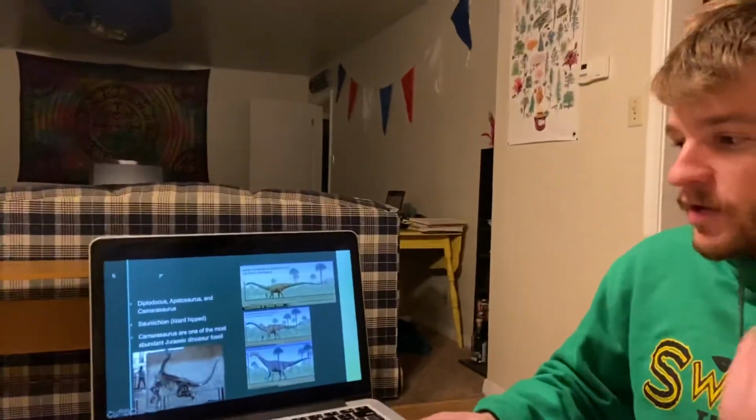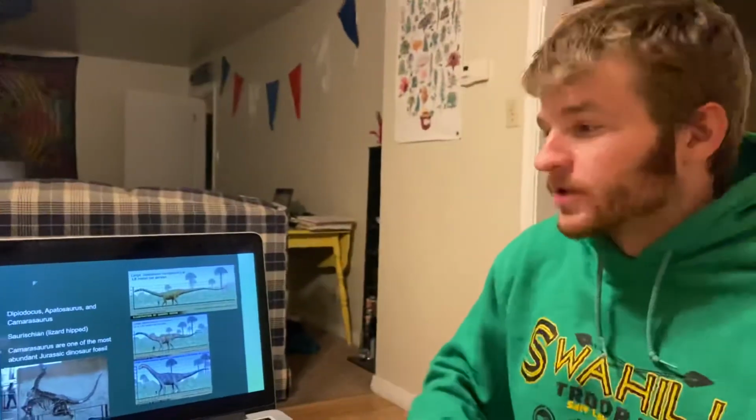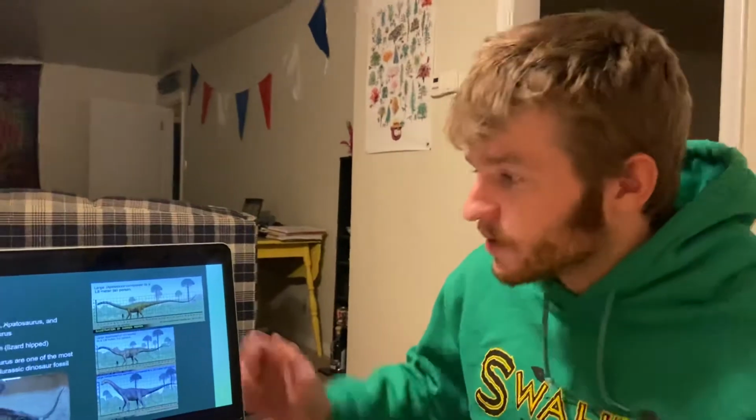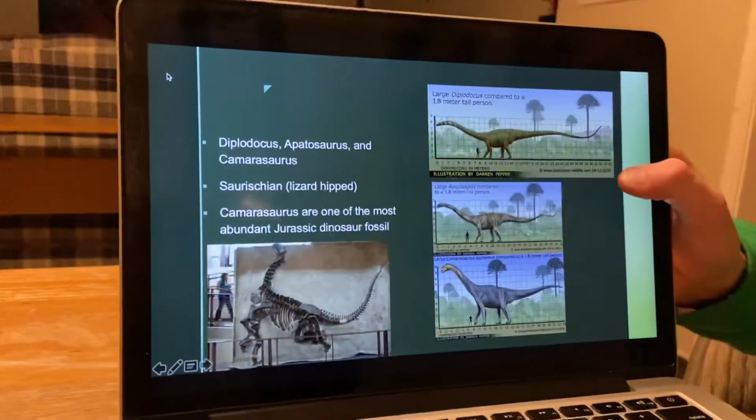The big ones were the sauropods. The sauropods were four-legged. They had lizard hips, so they were more to the side than underneath them. And these things were huge. They were some of the largest living land animals on the earth. So as we can see here, the Diplodocus was one of the largest ones, ranging up